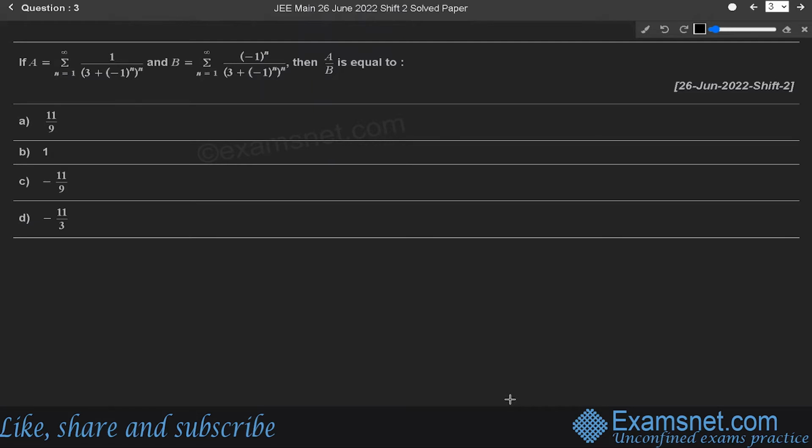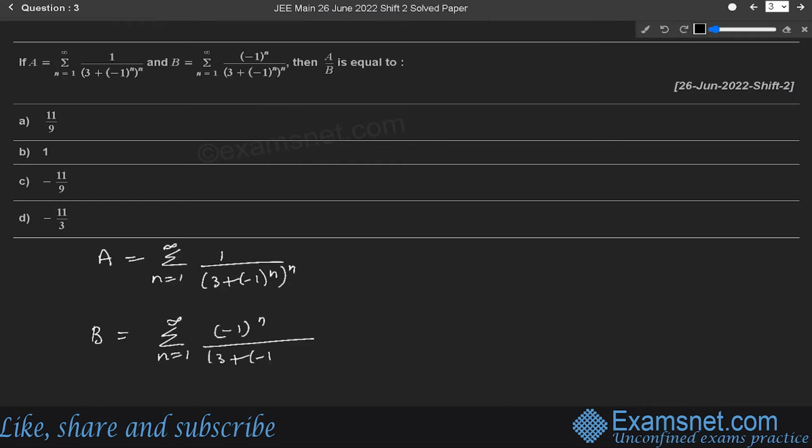Next question is: if A is equal to the summation of n = 1 to infinity of 1/(3 + (−1)^n)^n, and B is equal to the summation of n = 1 to infinity of (−1)^n/(3 + (−1)^n)^n, then A/B is equal to...